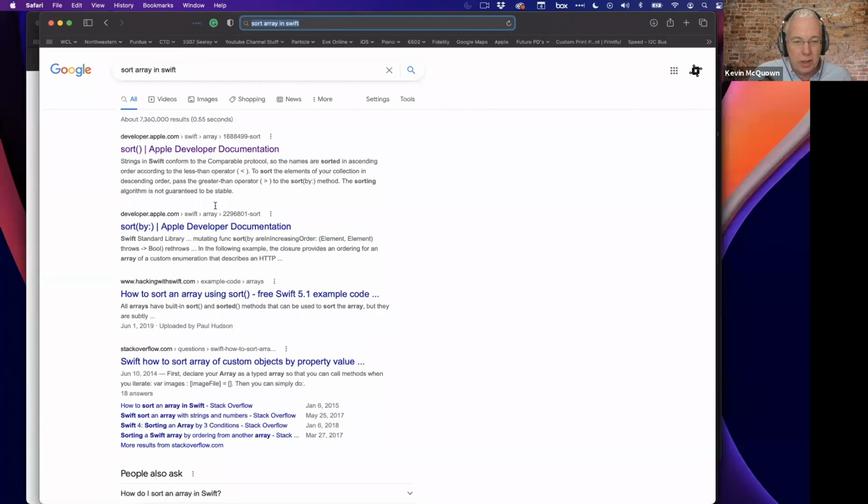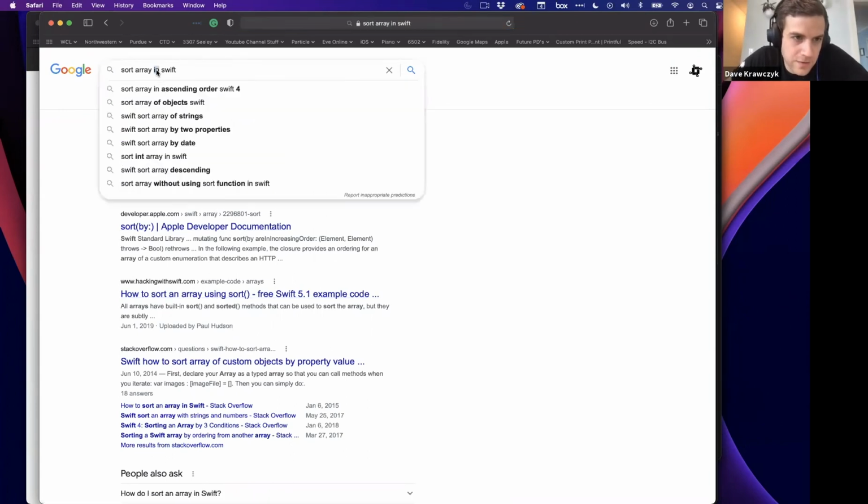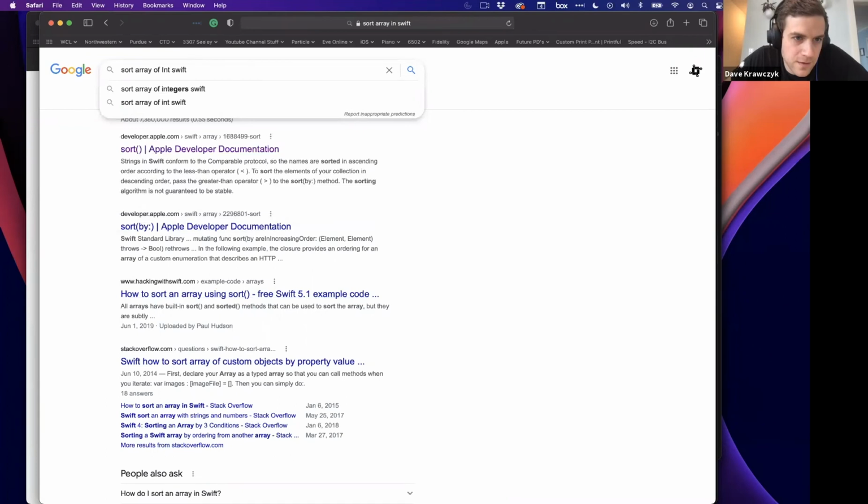There are several different things here. This is the Apple documentation, and then here's somebody hacking with Swift. The Apple documentation is extremely thorough, but sometimes I think it can be a little confusing. Let's just do sort array of ints in Swift, because I see that Stack Overflow